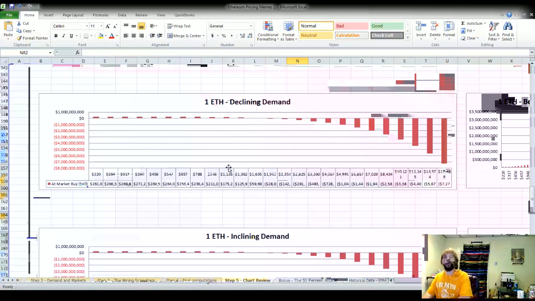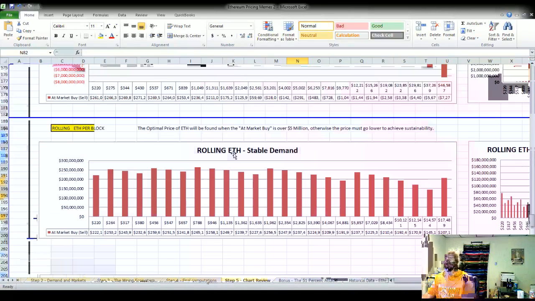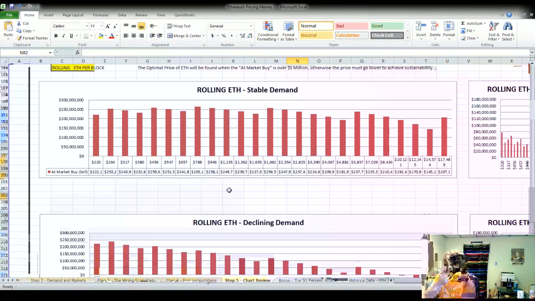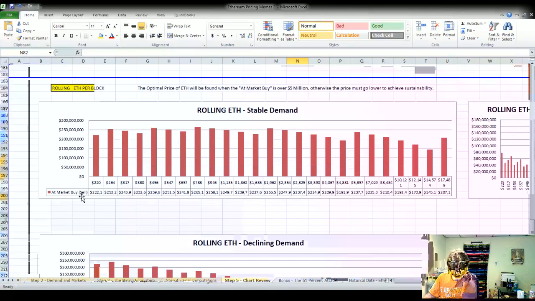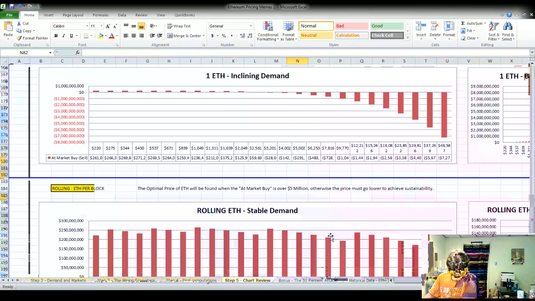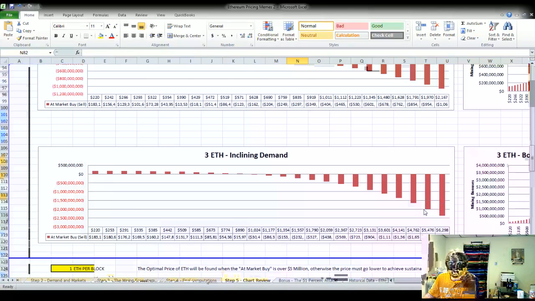Well, this is with super high demand. Now, if it goes to 1 ETH, like I recommend, then it'll stabilize around $1,000 over here, and then up to $2,000 if demand gets kicker. Now, this is the rolling stable demand, which is the main thing that I'm promoting with ETH right now, which I really love. And the thing that you want to see about this chart versus the other charts is here you see how the expense becomes astronomical as the price goes up, and this is for something that does not provide any additional benefit to the blockchain.